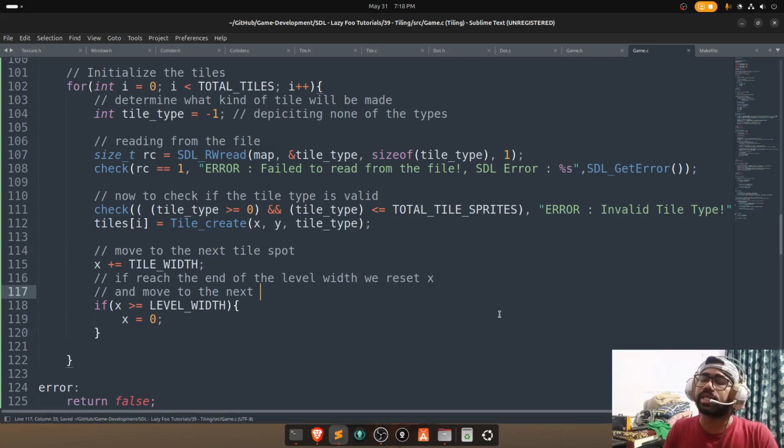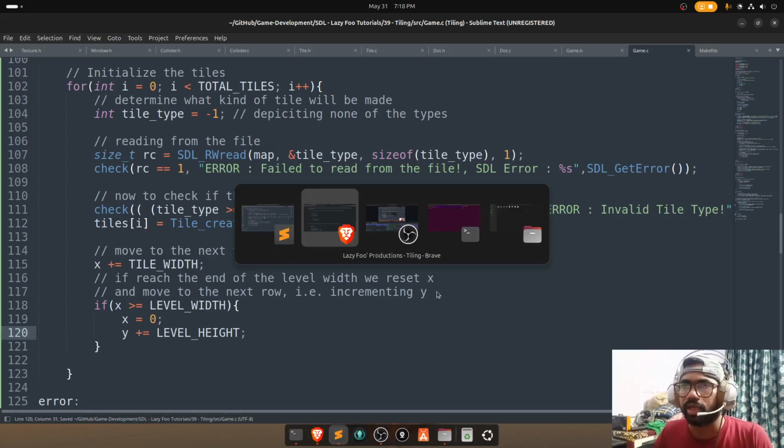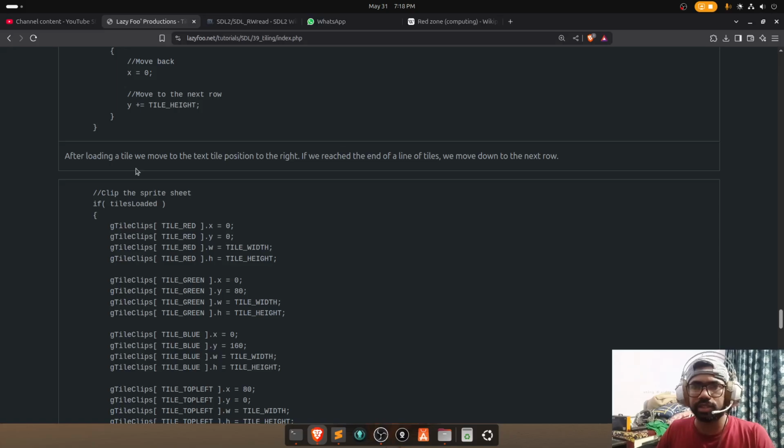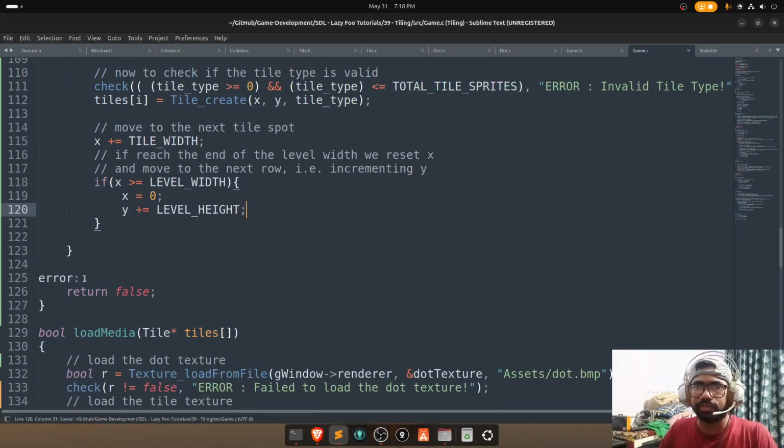What is next row? That is incrementing y. So we go y plus equals level height. Okay, level height, right. And after loading a tile, we move to the next tile position to the right. If we reach the end of the row, we move down to the next row. Okay, so let me,